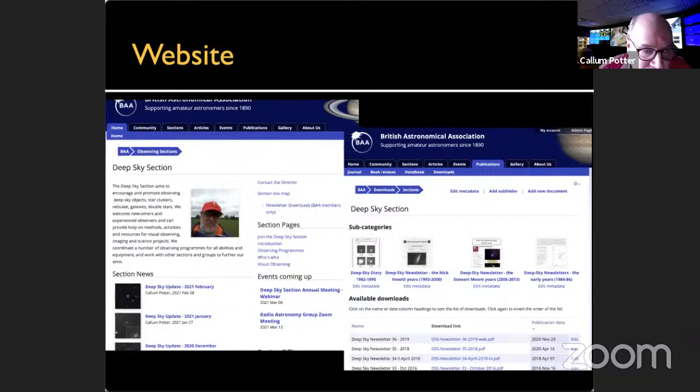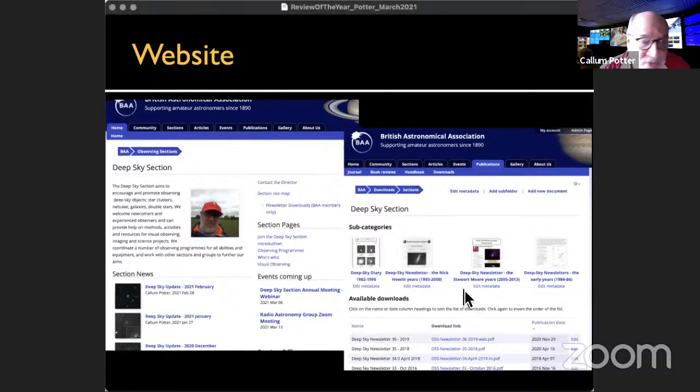We've also been extending the historical aspects. So in the document downloads area, we've now got a series of folders which have all of the historical newsletters that were produced by the section that we have had hard copies for. So this goes back to when the section was formed back in 1982. So we've got newsletters from there all the way through to now. There are some gaps, I think, just where there weren't newsletters produced, but I think we have got them all there. And many thanks to Owen Brazell who scanned his collection of those for me, and we posted those up a little while back.